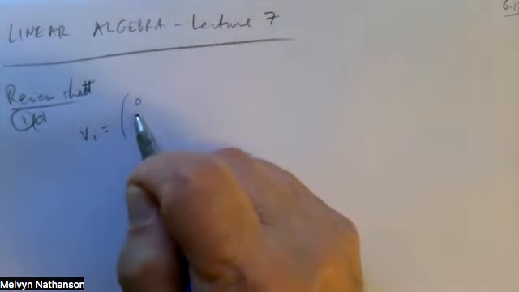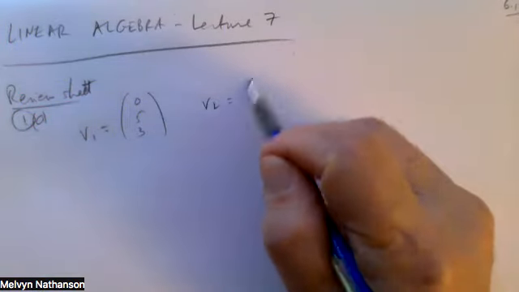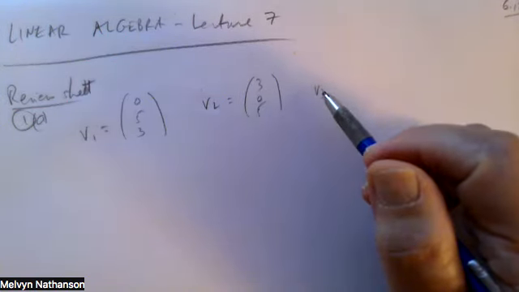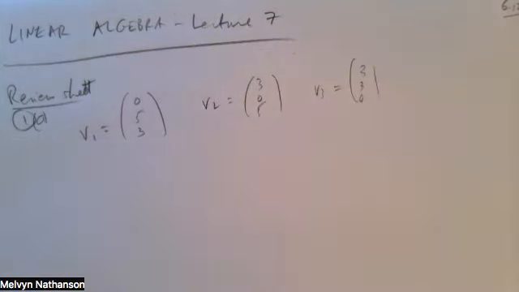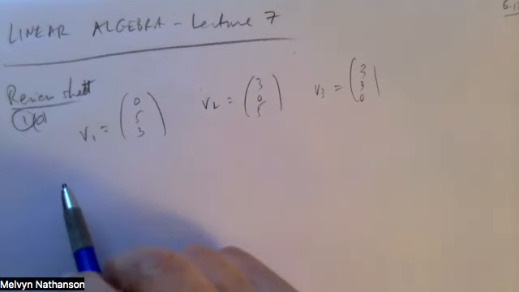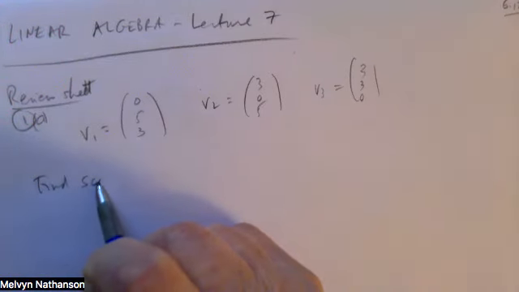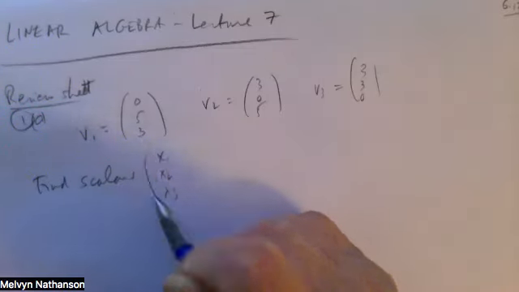We have three vectors, 0, 5, 3, 3, 0, 5, and 3, 3, 0. And we want to know if these vectors are linearly dependent or linearly independent. So we need to find scalars x1, x2, x3,